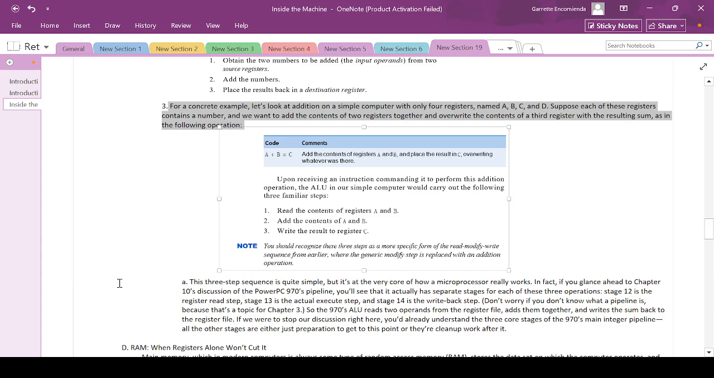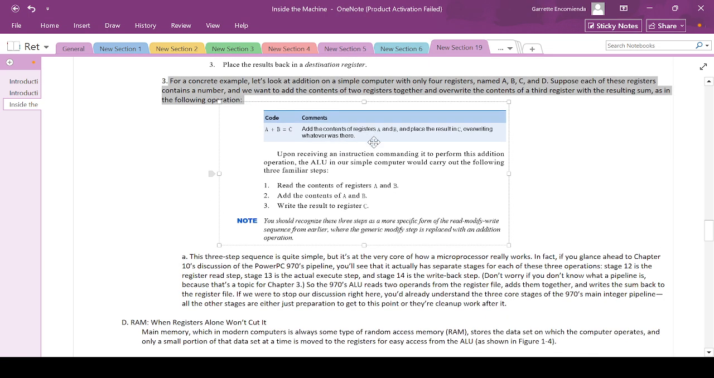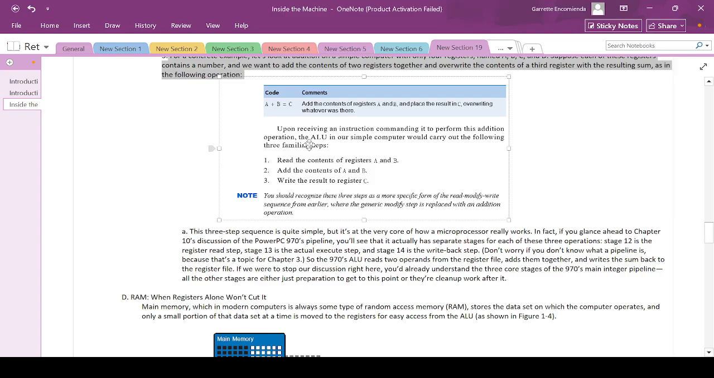Another thing, like we discussed in the operating systems video, most of this is not actually deleting data. They're just overwriting it. So the previous data is just being overridden and not actually deleted. So here it means add the contents of registers A and B and place the result in C, overwriting what was there. Upon receiving an instruction commanding it to perform this addition operation, the ALU in our simple computer would